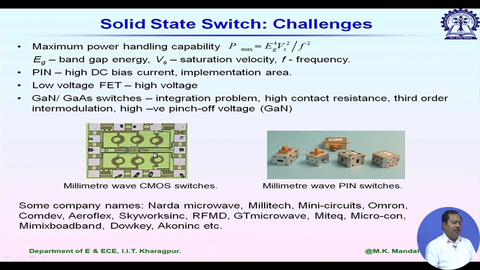So, here are some examples of fabricated switches. These are some photographs. Left hand side shows millimeter wave CMOS switches. So, this top layer, this spiral, they are actually inductors. We can't fabricate inductors inside the chip, we have to fabricate the inductors on top of the chip. So, you can see this spiral represents the inductor. Not only inductors, we also need capacitors. So, inductors and capacitors are used for RF and DC blocking.